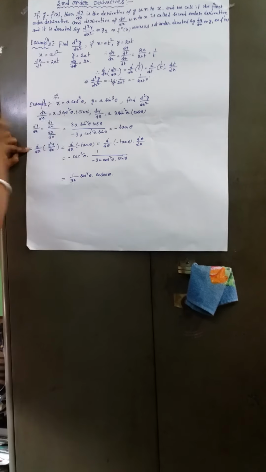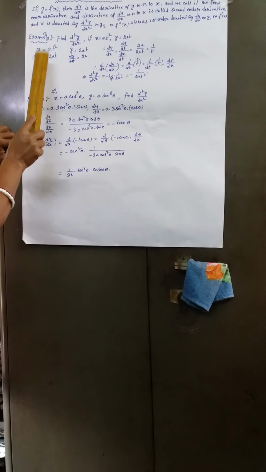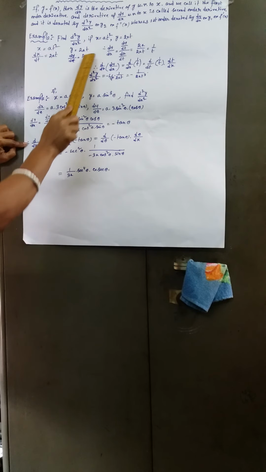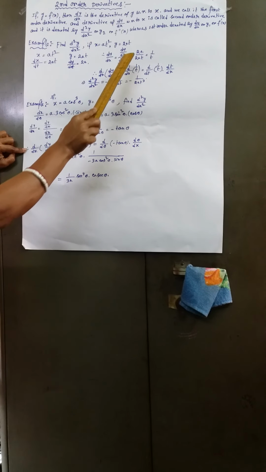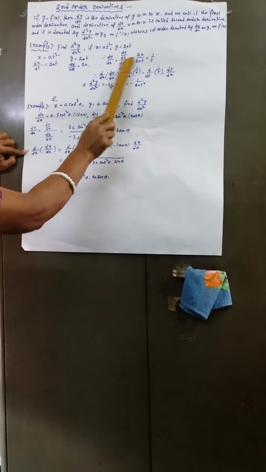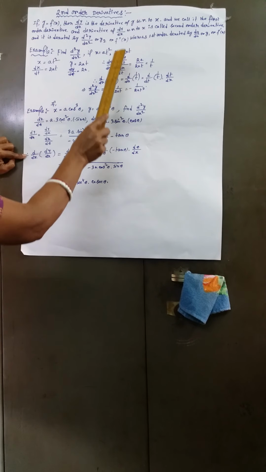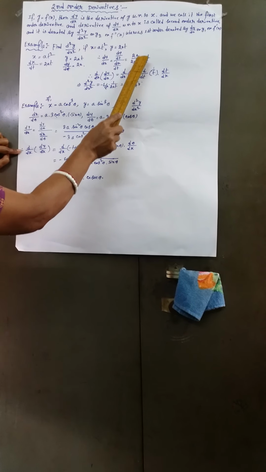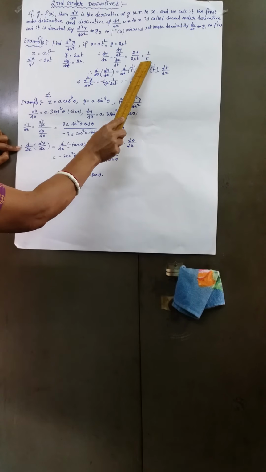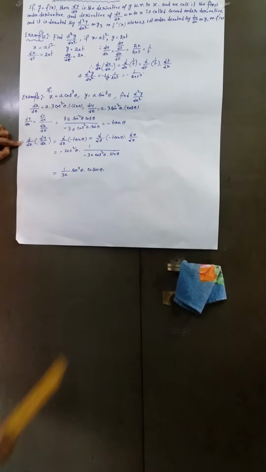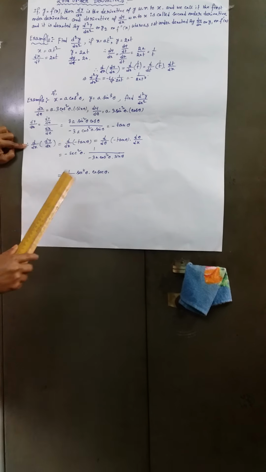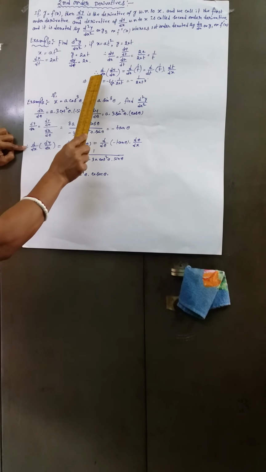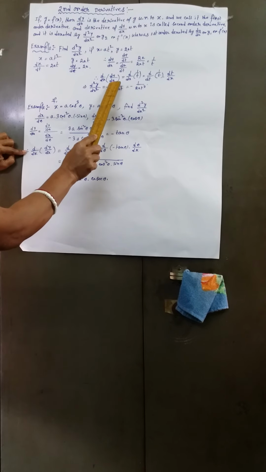x equal to a t square. Therefore dx/dt is equal to what? 2 a t. And dy/dt equal to what? 2 a. Therefore dy/dx equal to dy/dt by dx/dt, and dividing this we get dy/dx, that is 2 a by 2 a t, and that is equal to 1 by t. Now we have to find out the second order derivative. So we have to derive once again with respect to x,